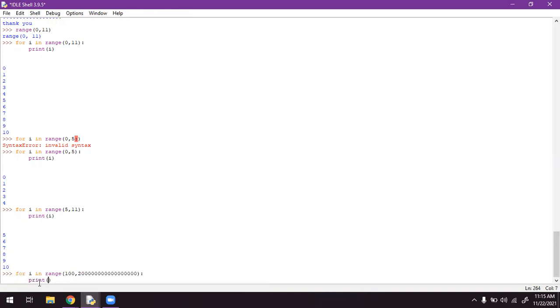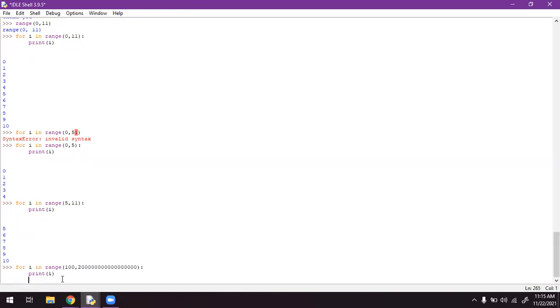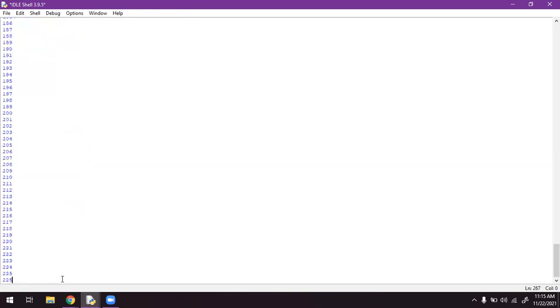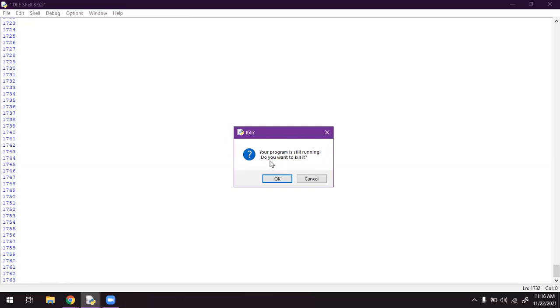It will continuously print the value of i, but it takes a large amount of time. If I press enter, it is continuously typing. It is continuously 2 followed by 8 zeros. So what we have to do is just close the shell.